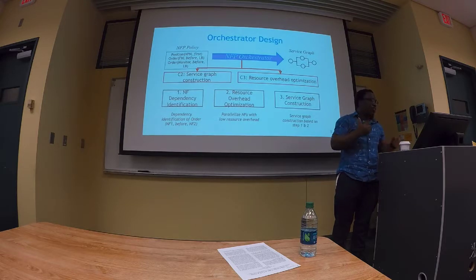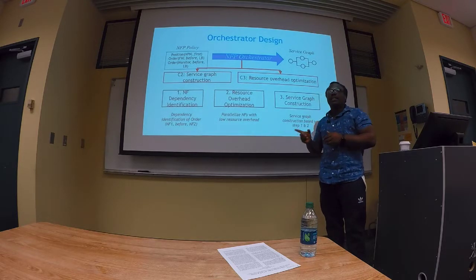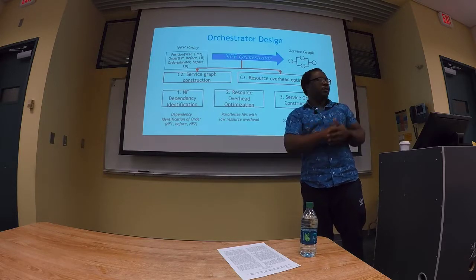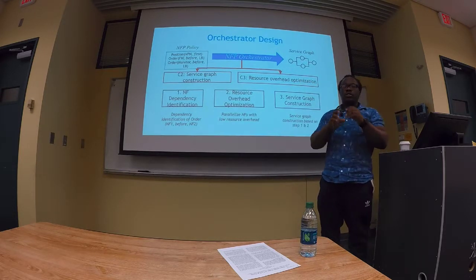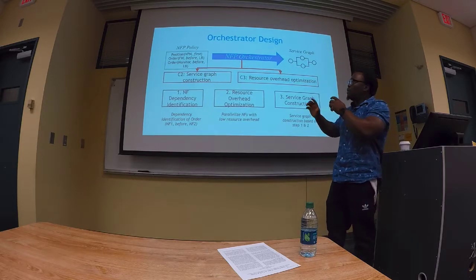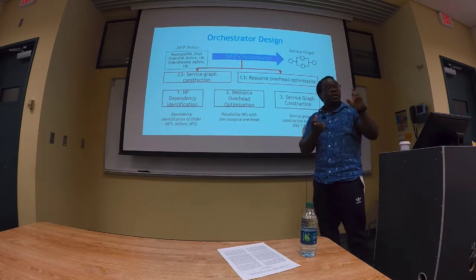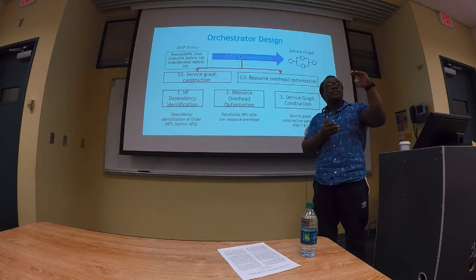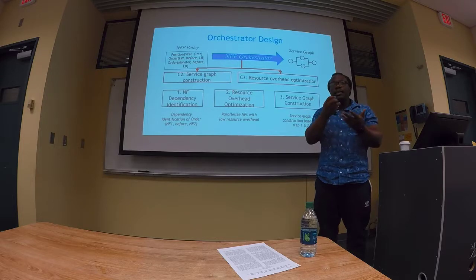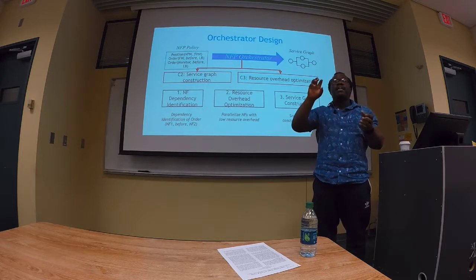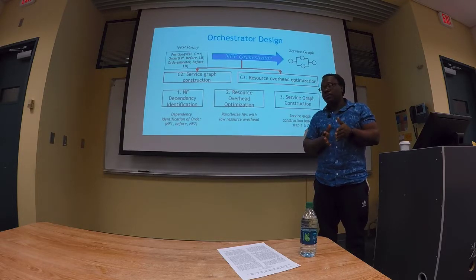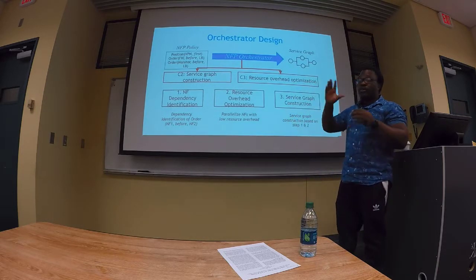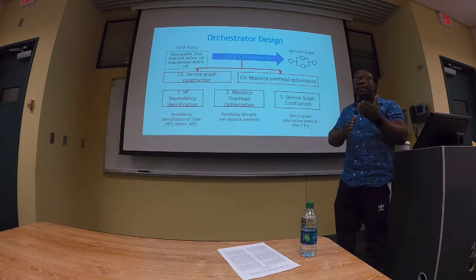And next, resource overhead optimization. Now, in this paper, they used what they call dirty memory reuse. Now, the dirty memory reuse is just saying that instead of having to copy the entire packet itself, you can take just that part of the packet that is needed by one of the NFs and have it read. You can create a link to just read that part of the NF as long as it's not writing to it. And then the second part is that once that particular packet has been read, it can be sent to another